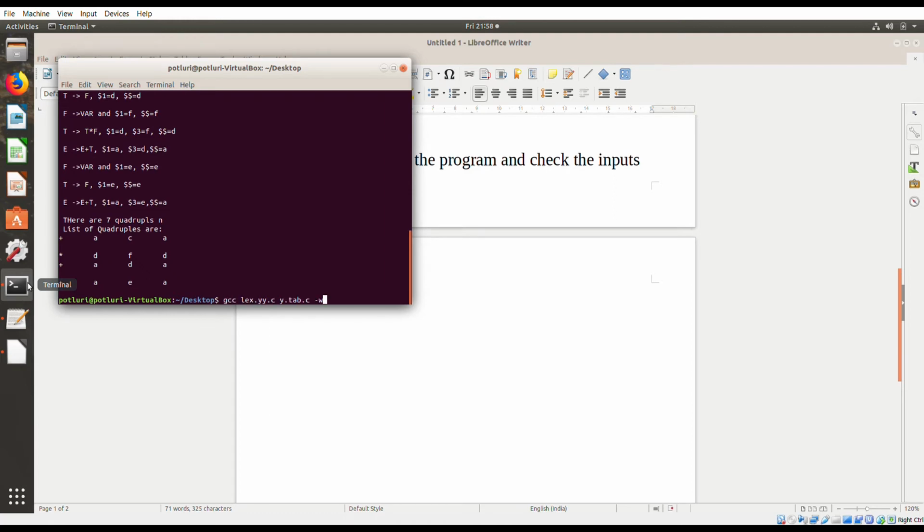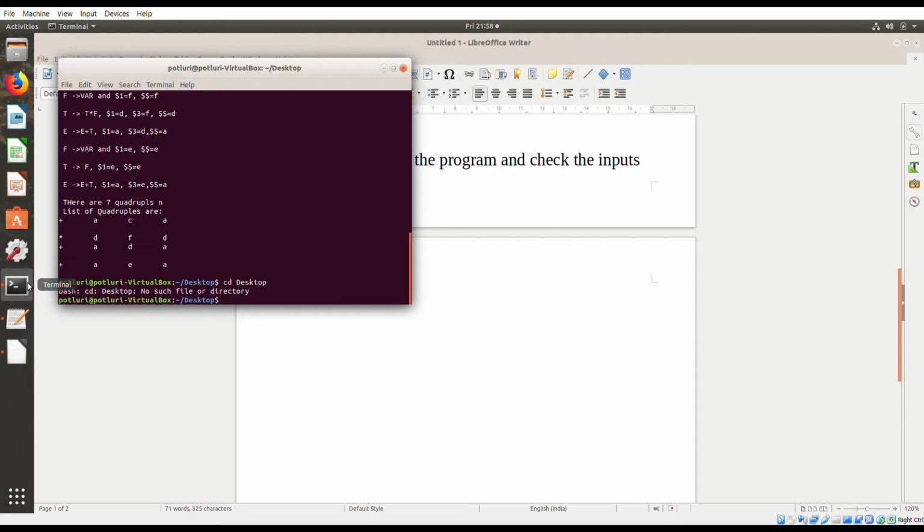At first we need to navigate to the place where the files are stored. So let's go to the desktop where I've stored the files. I'm already in the same directory, the desktop. Let's now quickly get started.